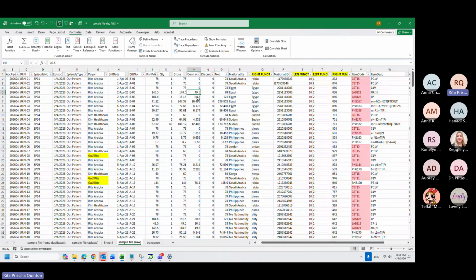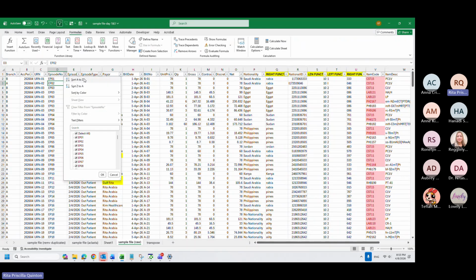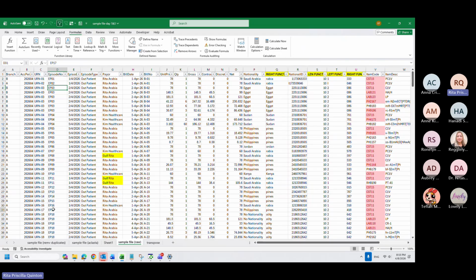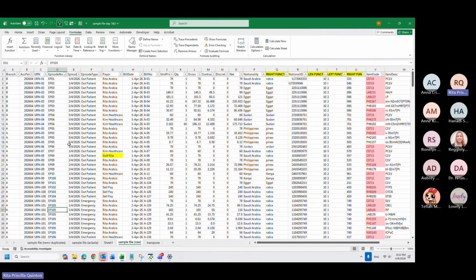In bigger files, if I want to see the total of each patient or each episode number, I have to make sure first that my episode number is sorted so that there's no 3 here and 3 on the down. Then I can do my subtotal. So here, I sorted the episode number, and then we will do the subtotal.